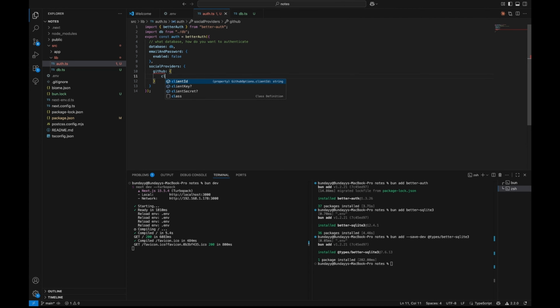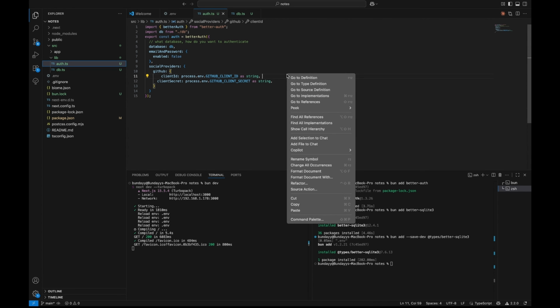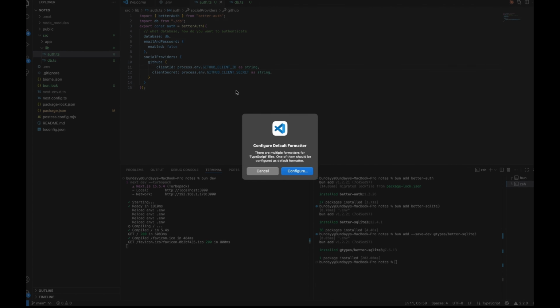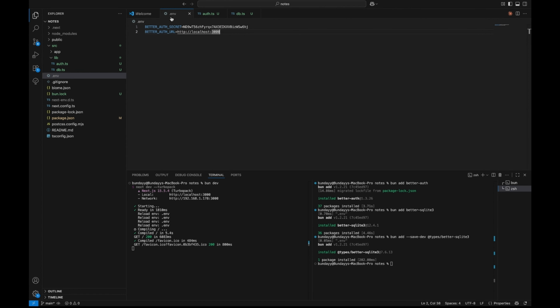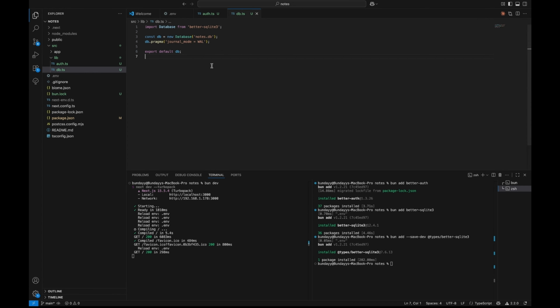demonstration. It has the client ID, which will pick from the env, and it has the client secret, which will also pull from the env. So for now, we just have this. Then we need to set this up. I'll just configure this. Yeah, cool. So we set up the client ID and the client secret for GitHub. Then we need to just set this in the env. So for the client ID, we'll put this here. And for the client secret,